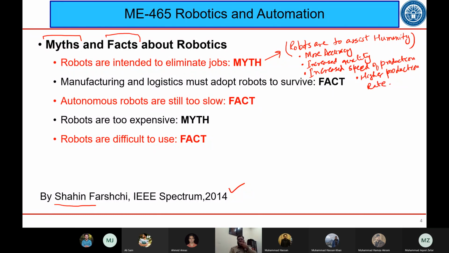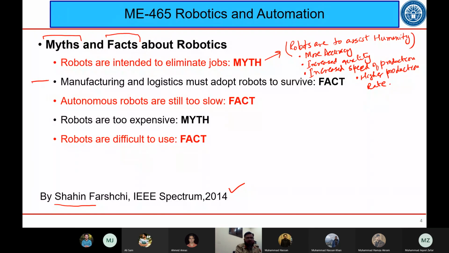Okay. So what we were talking about with industrial robots, we linked with flexible automation on the previous slide. In fact, this higher production rate and increased speed of production are actually the terms which are used in automation of industry. So the answer to the myth is that the robots actually assist humanity. They do not overcome or eliminate jobs. And then the second point